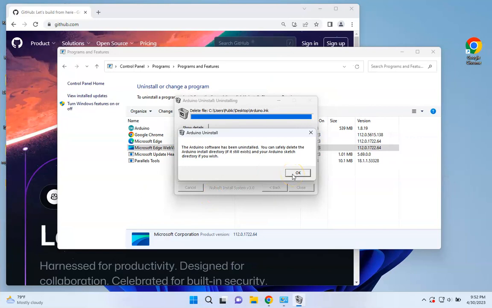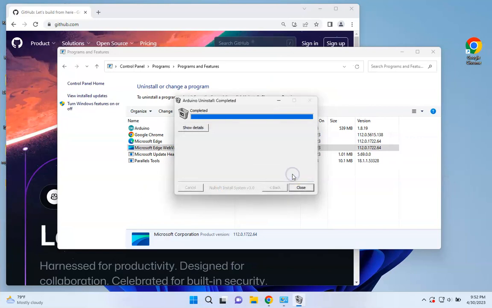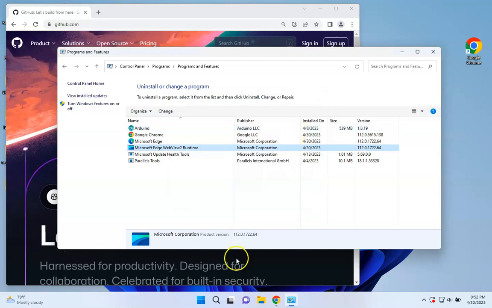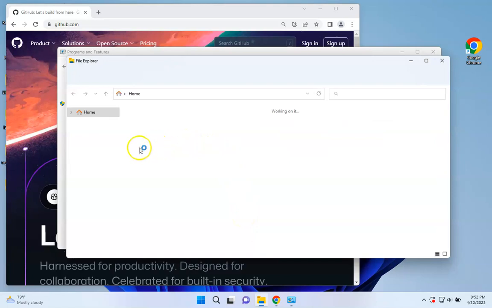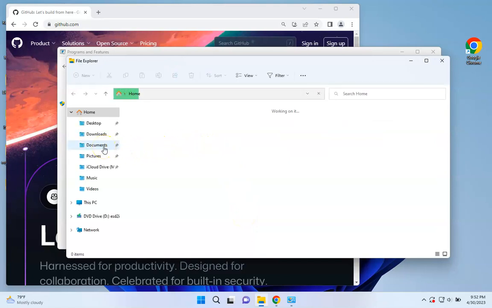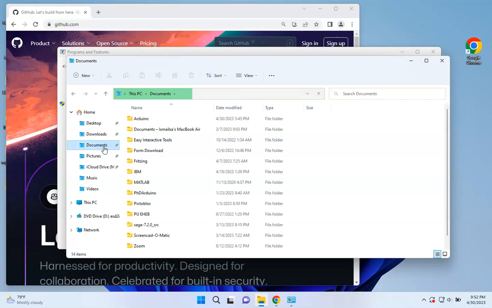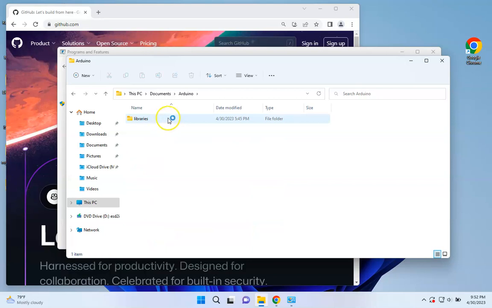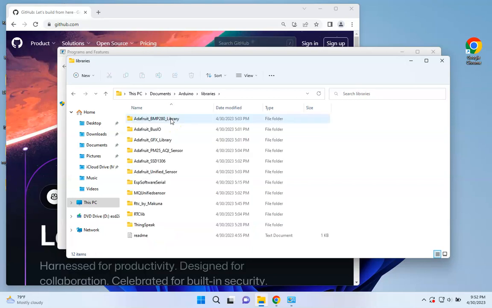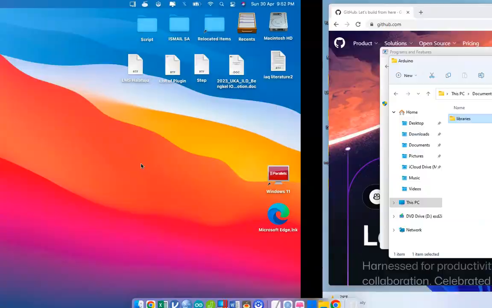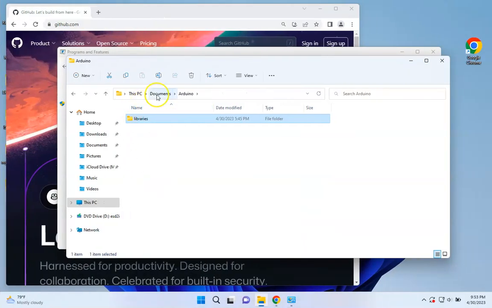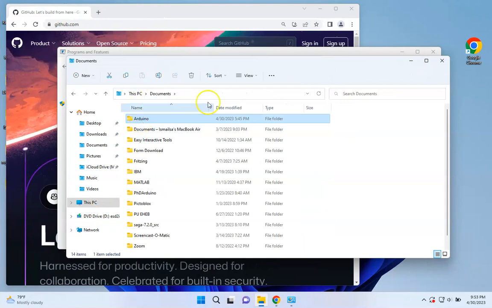Okay, after quite some time, the uninstallation process is successfully done, and then you need to remove the Arduino folder by your own. So usually the Arduino folder is going to be located at your documents or downloads. It depends on your working directory. So this is my working directory. If I go to the Arduino folder over here, I can see the libraries that are already installed. But because I'm using the PC and also I'm running the PC inside the Macintosh, therefore this is my newly installed